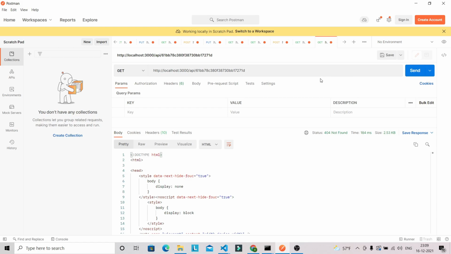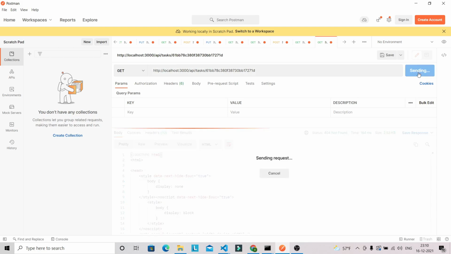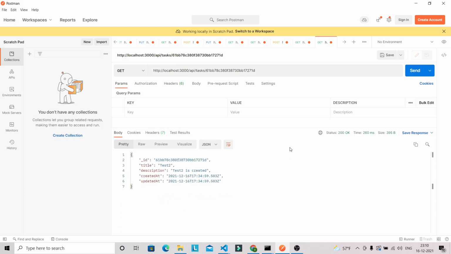Okay, so we have some issue. So here we have to specify the tasks, because inside task we have a dynamic API endpoint. Now let's click on send. So now you can see that we are also able to get the single task based on the ID. So we are done with this part.